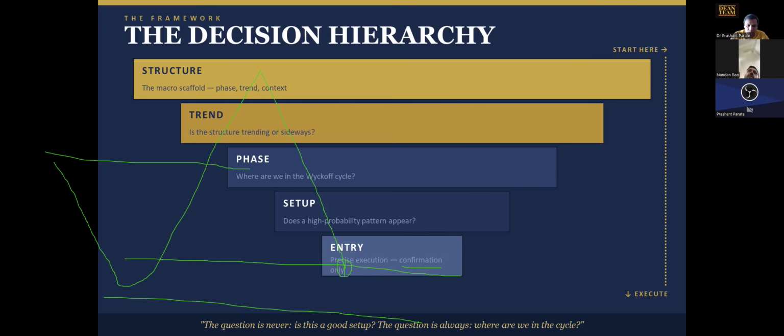So what is my confirmation? Price should come down slowly. It should not fall down. So if price is coming down like this with big gap ups and big gap downs and big selling candles, what happens is it may fail. It may close below the buying area and the setup may give us a bad result. What I prefer is price should come down slowly without hidden gaps. It gives entry and reverses. So if it is coming into the buying area deep in it, then I will wait for prices to go up. If it is coming down slowly, I will take entry and it will be a higher probability setup for me.